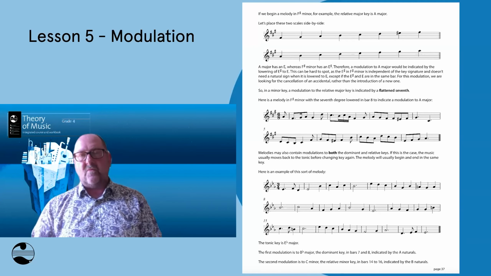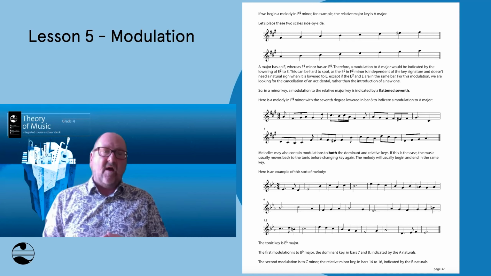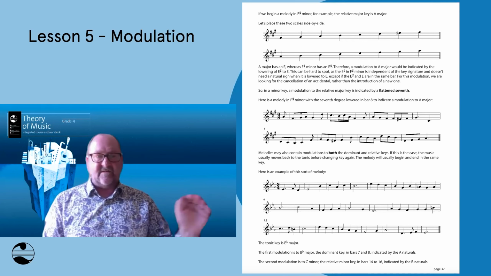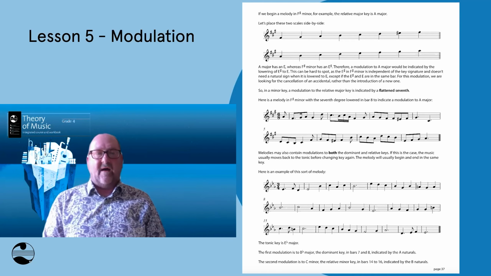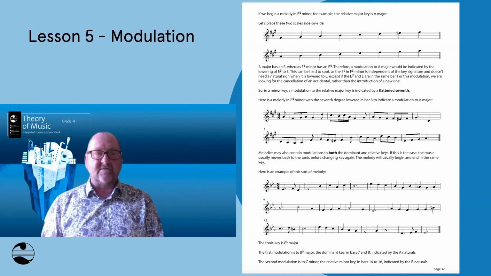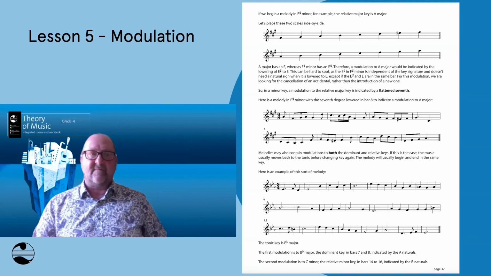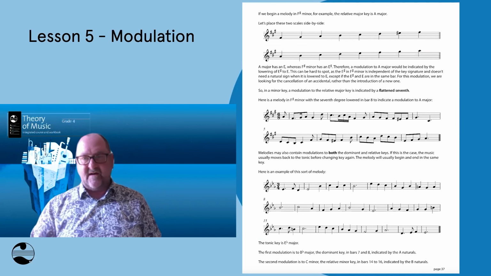I know that we get used to looking for established patterns, like, oh yeah, the second line's going to have one modulation, the third line's going to have another, but it often doesn't work out like that. And in the questions, I've put in examples where things go slightly against the grain. And I hope that teachers will appreciate that.